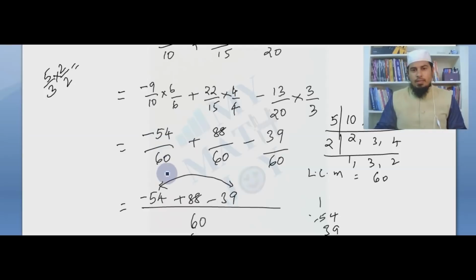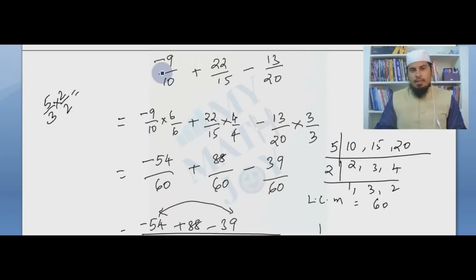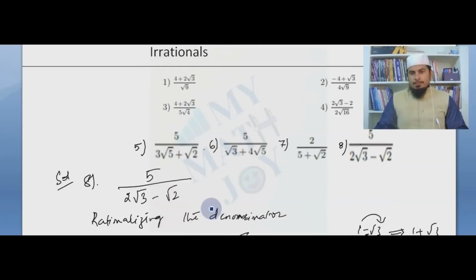How? Actually, I had 9 here. 9 is multiplied by 6 to get 54. Why did we multiply? Because this 10 is to be made 60. In order to make 60, I have to multiply by 6. So 9 times 6 is 54. In that way, directly from here we are reaching here.